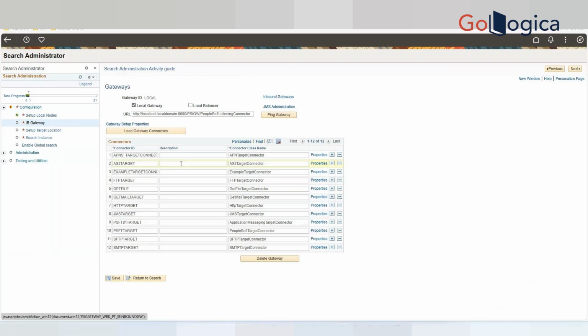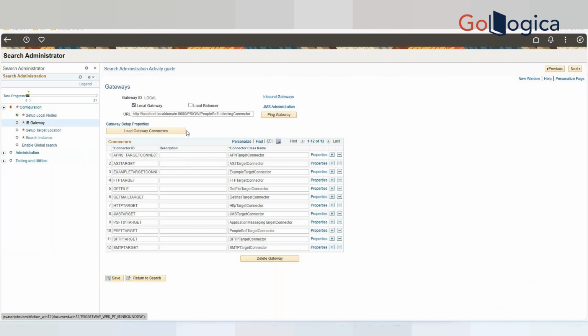So there is only one gateway which is defined with gateway ID local. You can have multiple gateways. Say you are integrating with your HR application, so you would have one entry for HR's gateway as well. Here we are having only one gateway, which is our own gateway, like our web server. Right now it is configured with localhost.local domain,